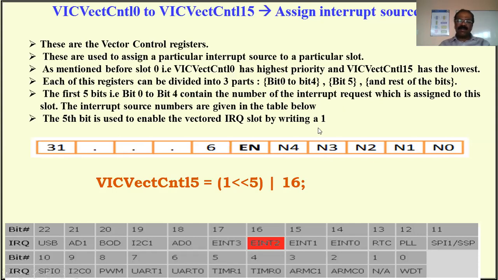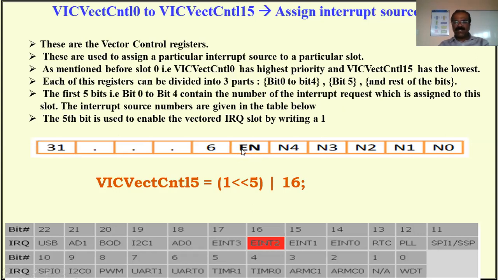Then we have to enable the interrupt system. Suppose you want to use electricity, it may be a TV or a washing machine, whatever it may be, then the main must be on. If the main is on, your electrical system is enabled. In the same manner, here we have an interrupt system. If you want to enable the interrupt system, this bit must be high.